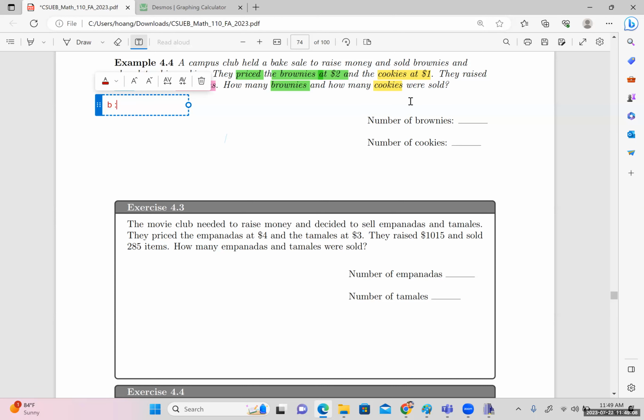B is the number of brownies. I mean, I can call it X and Y, actually, you know, let's call X and Y, sure. And Y is the number of cookies. All right, so if I call X the number of brownies and Y the number of cookies, what do I have for